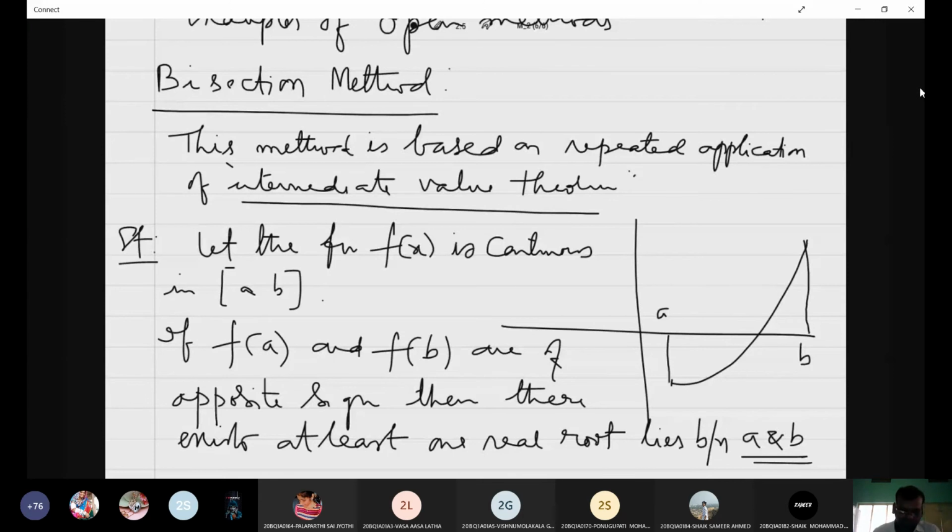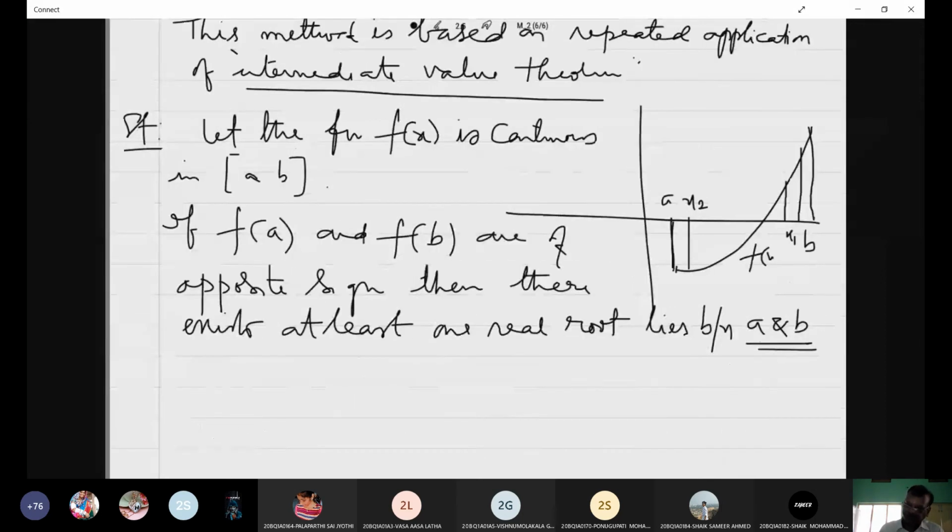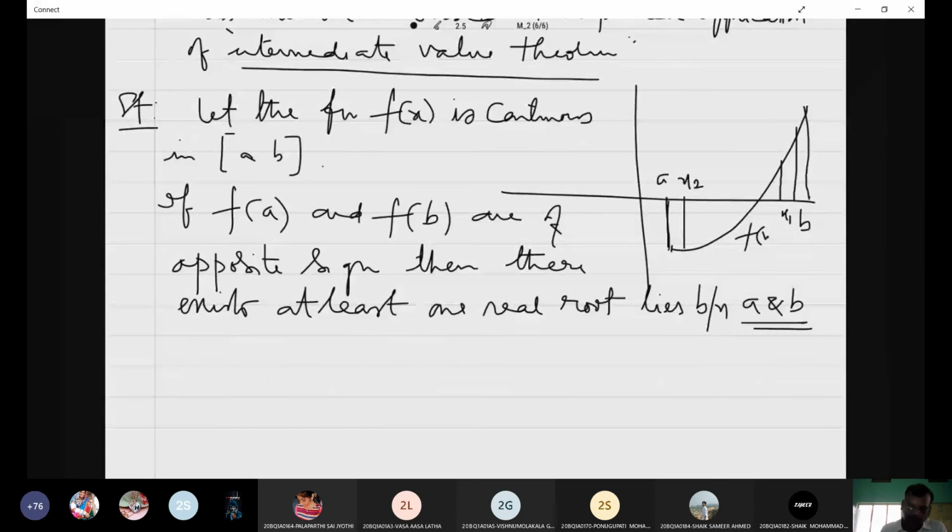Now coming to our bisection method. This is the point a, this is the point b, and this is the curve y is equal to f of x. First we took a point x1 here, then again x2, then x3, like this. Depending on the function they can come anywhere, x2, x3 like this. Okay, now let us see this one. Suppose